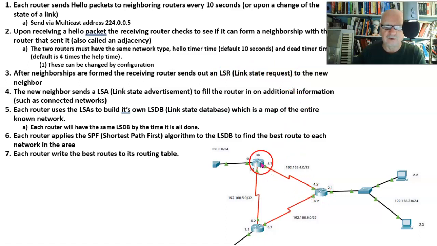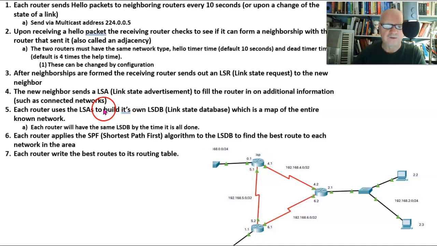So this one has formed a neighbor with this one, and it sends out an LSR. This one will return the link state advertisement, which tells it all about what networks it's on and the costs and everything it needs to know in order to build its LSDB, or its link state